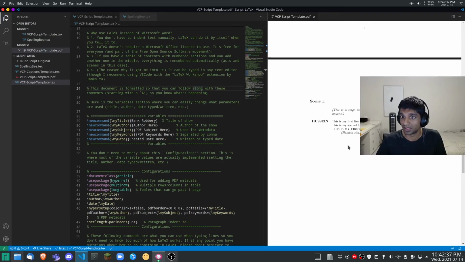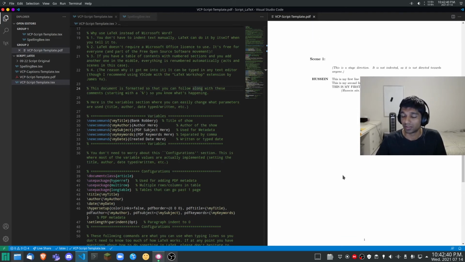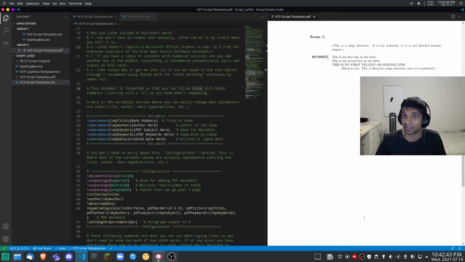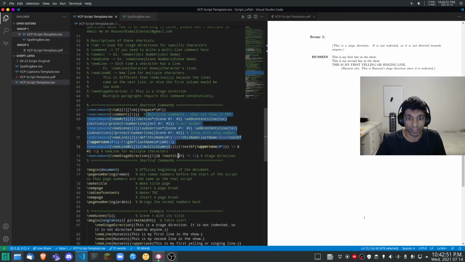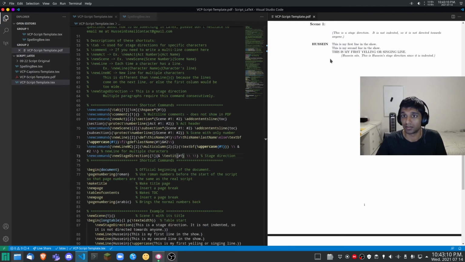So if we scroll up to scene 1, this is what it will look like, obviously with way more lines. You can see that Hussein is not repeated for every line, and that's because these functions were programmed this way right here, to not repeat itself. So if Hussein has many lines in a row, then it doesn't just say Hussein at you and waste ink. So here would be a stage direction for Hussein. This would be the yelling or singing line, and these would be the normal lines. And obviously you can add different people's lines in a row, and they would show up here as they should.